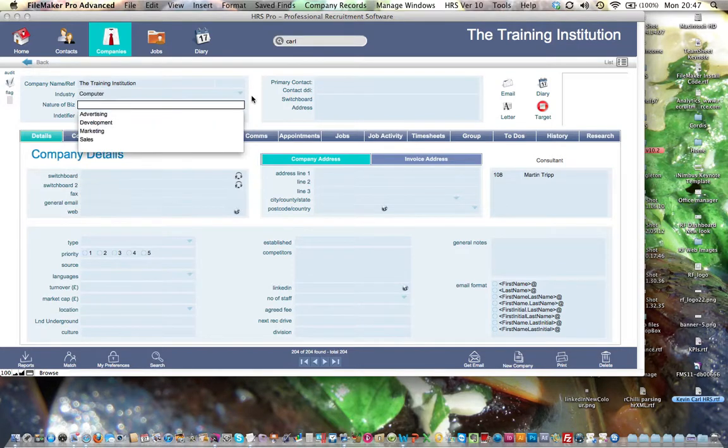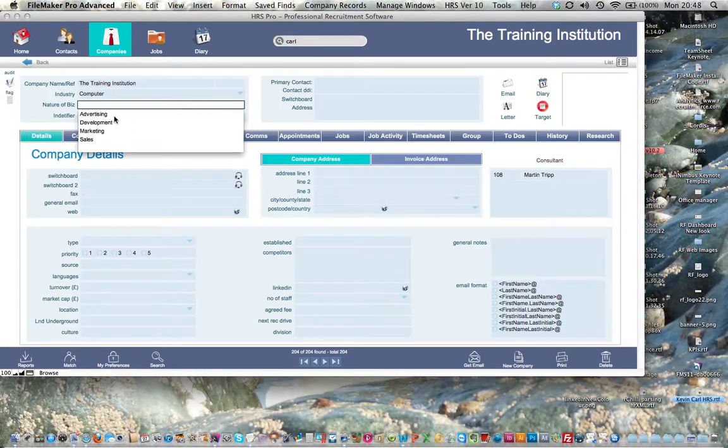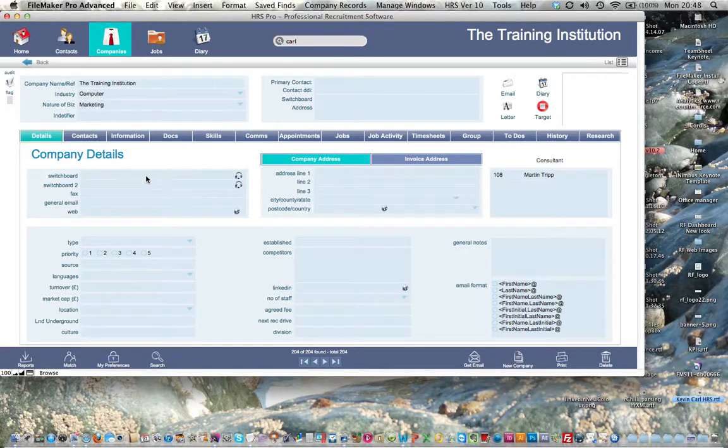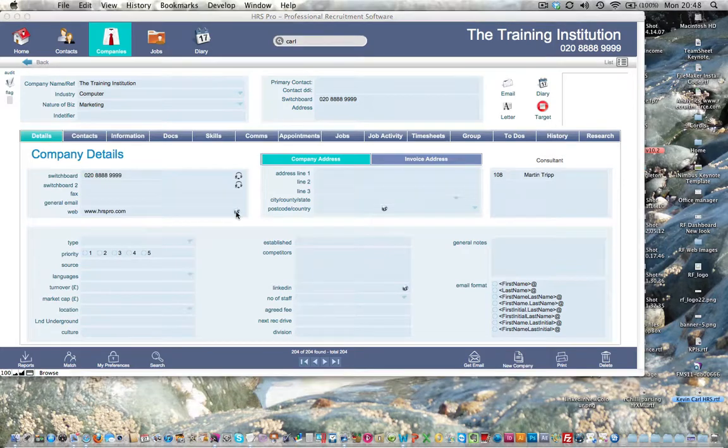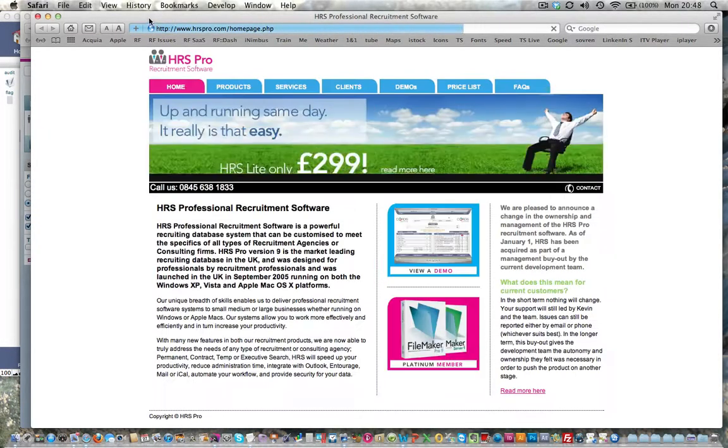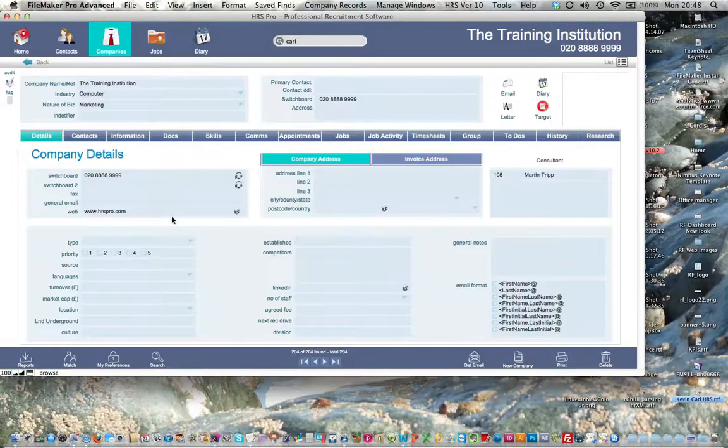So let's say computers. We've also got this nature of business here that allows you to pick and choose from particular options. You can change your drop downs, of course, in the administration section, just in case the business has a specific function. And we can add a mobile phone, phone numbers here, so 208-888-9999. Fax number, general email, website, so www.hrspro.com. And obviously clicking on that little tab will take you to the website and open up HRS Pro's website